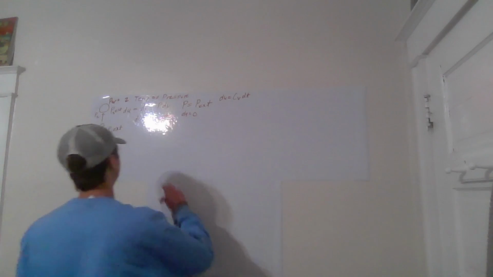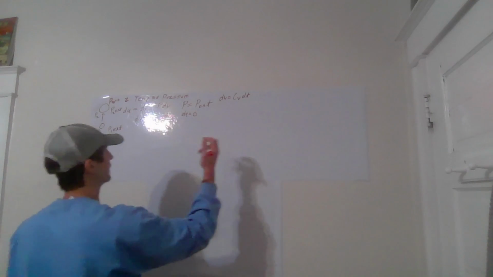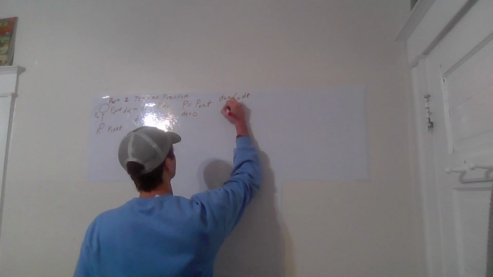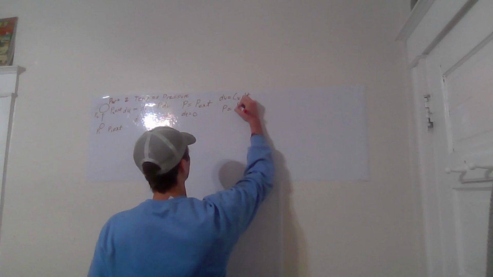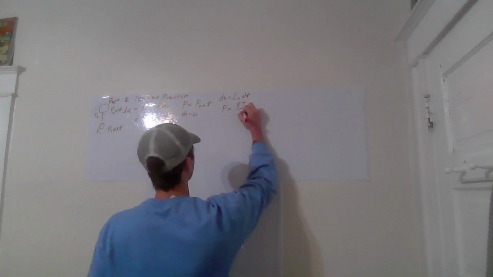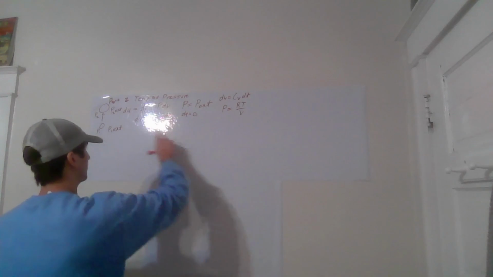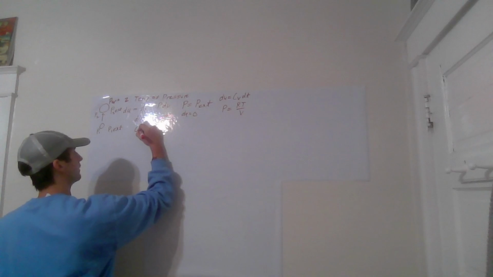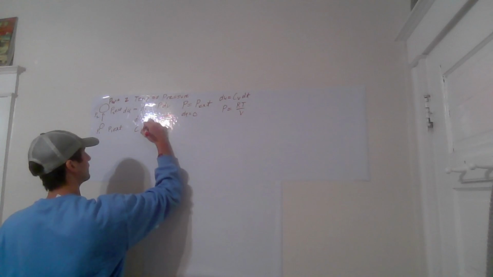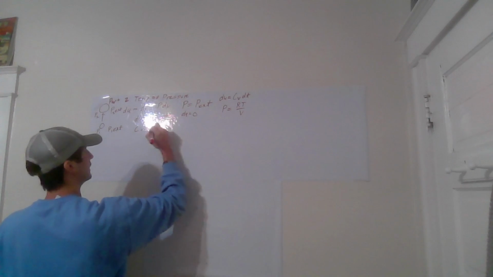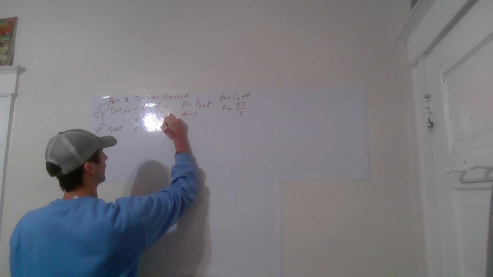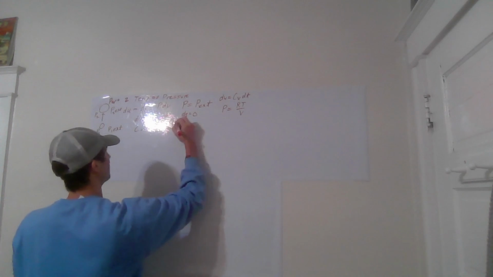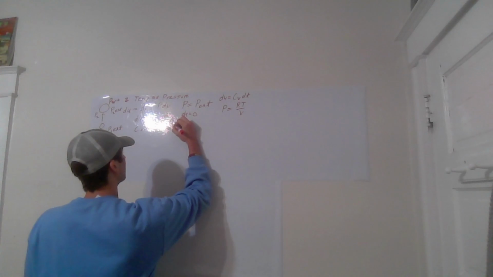And then our pressure we can replace with the ideal gas law. Pressure is going to be equal to RT over V. And so replacing this in the equation, we get our specific heat times our change in temperature equals negative RT over V times